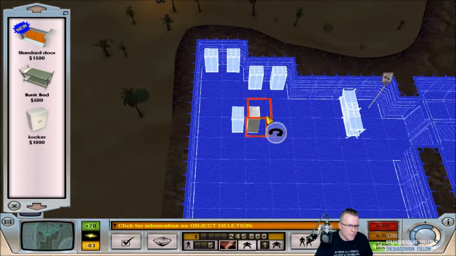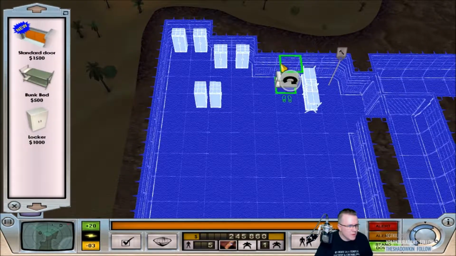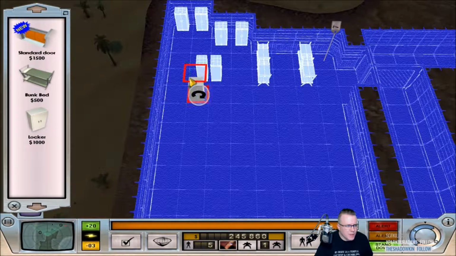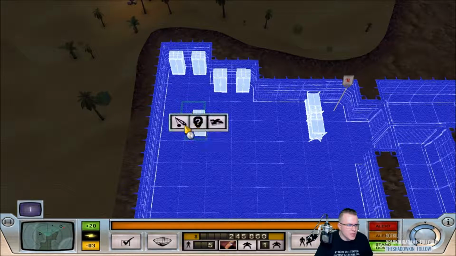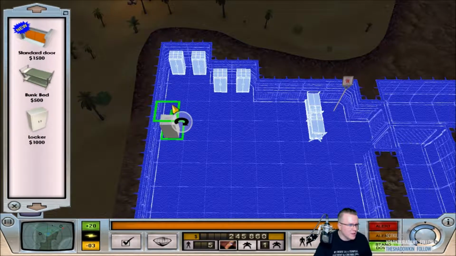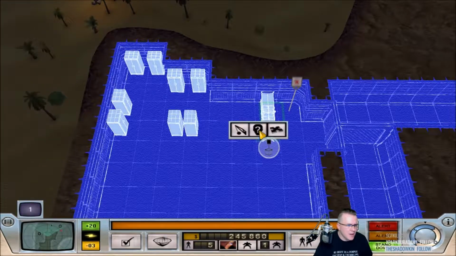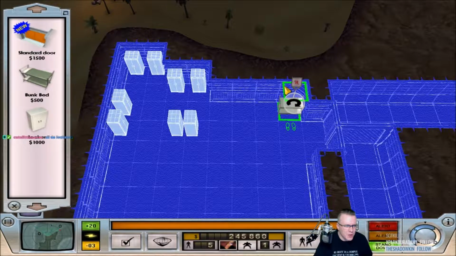Object purchase order confirmed. Yeah, that'll do. Bunk bed. And then lockers. Or, wait. First off, pause that. Construction on hold. Wait, I just realized I can do this differently. But more lockers. So, locker, locker. And I could actually, since they don't need to use both sides of the bunk bed, we could literally just go like...